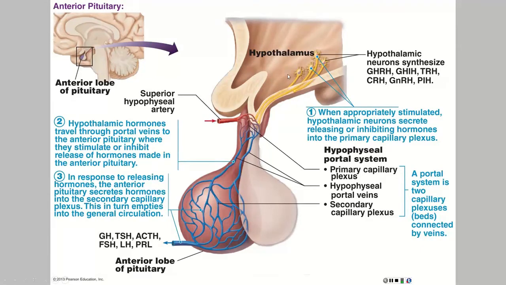So let's go back to the hypothalamus and look at what hormones are released from these neurons. These are going to be tropic hormones. These are the hormones we just said either cause the release of, or in some cases inhibit the release of, other hormones from other glands. In this case, the hormones that we're looking at are GHRH, growth hormone releasing hormone, GHIH, growth hormone inhibiting hormone,